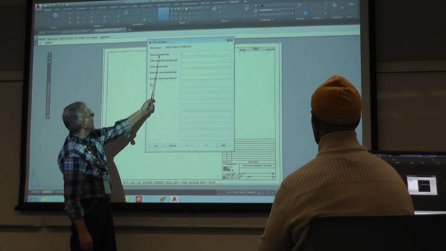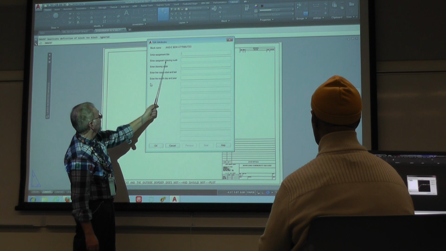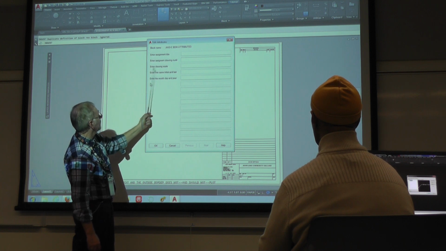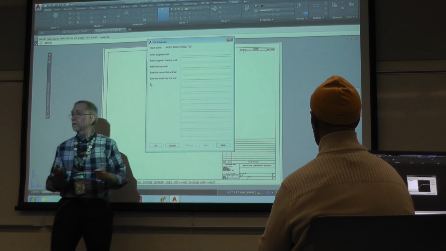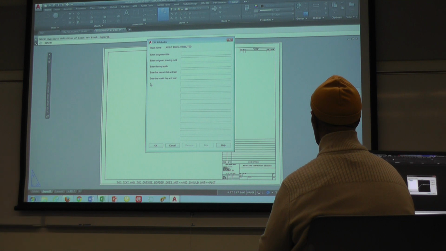So enter assignment title, enter assignment drawing number, enter drawing scale, enter first name, initial and last, enter the month, day, and year. So I'm gonna put this into the title. So the title is supposed to be, and we're using all caps, V-BELT MOTOR DRIVE